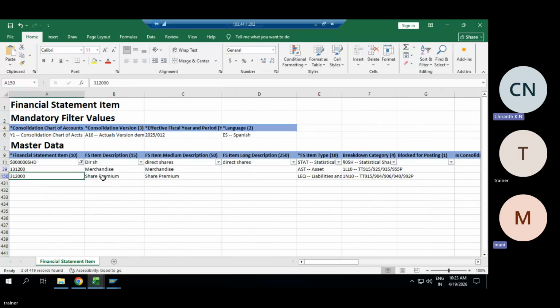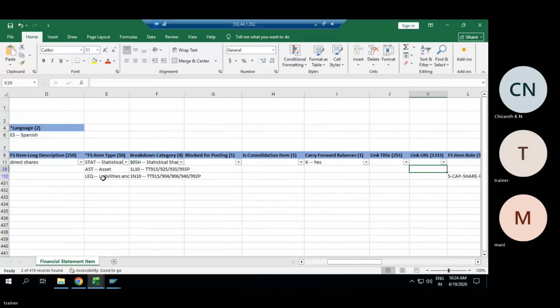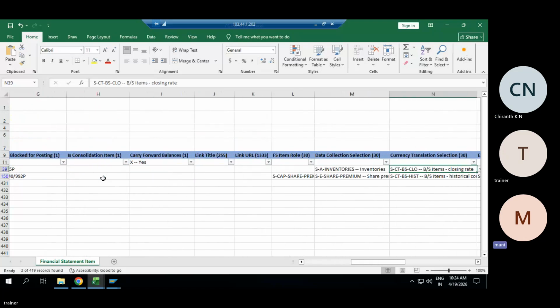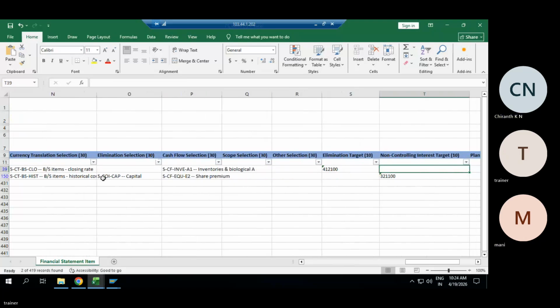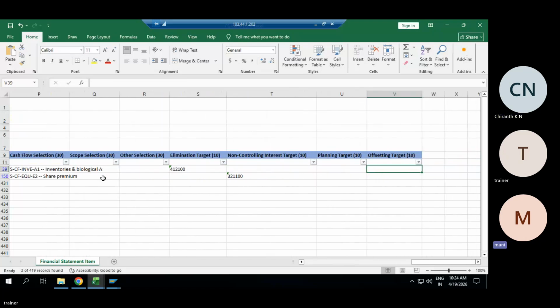We'll take what is the difference between offsetting target and planning target. Planning target is for planning. Offsetting target, let me check the data.